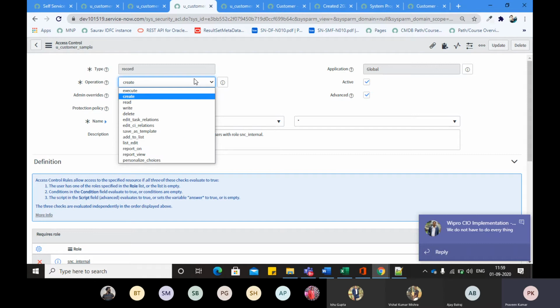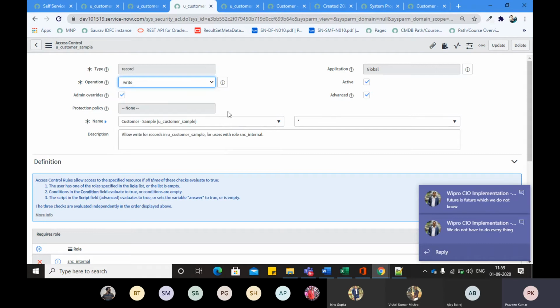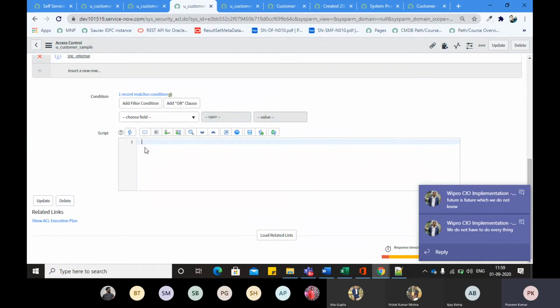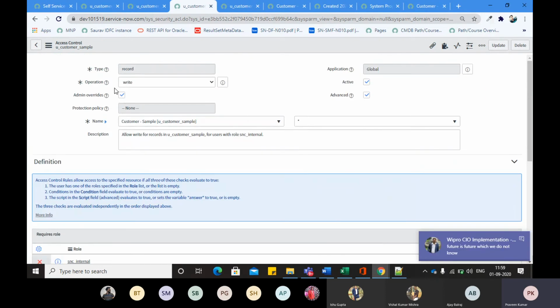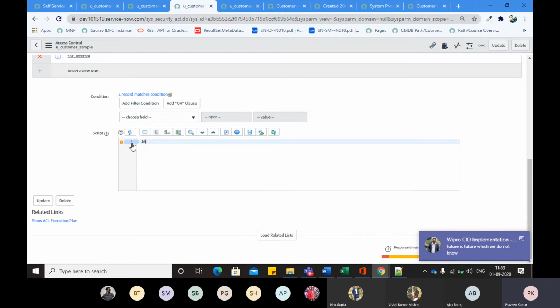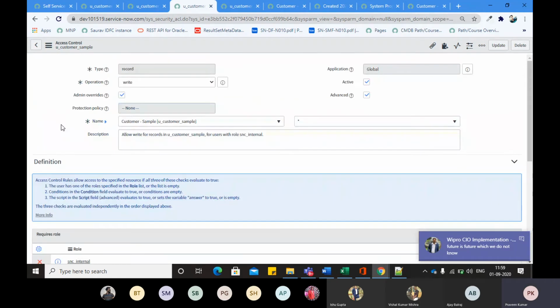In that case, on the right write answer equals false. In this way you can put values on all your records using the create operation, but write will restrict it using answer equals false. But we have to create two different ACLs. Yes, different ACLs, then only it will work.